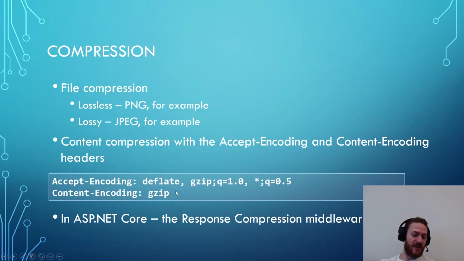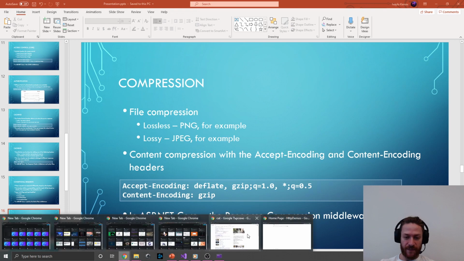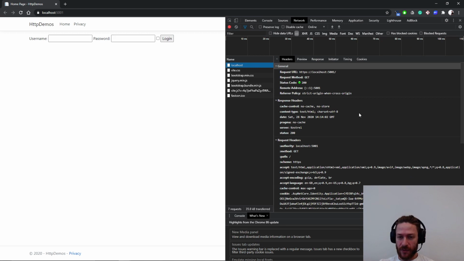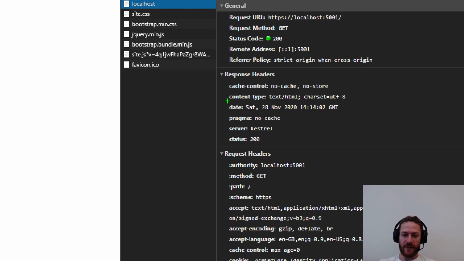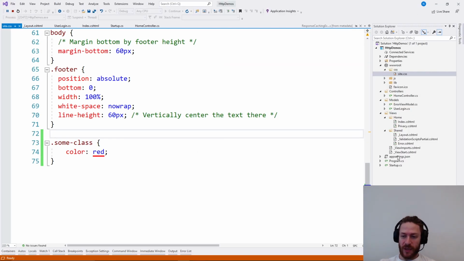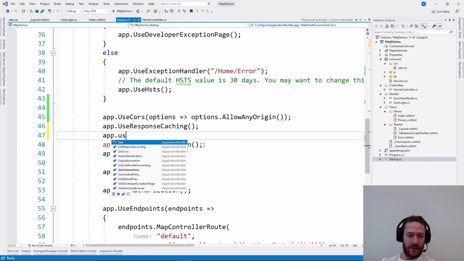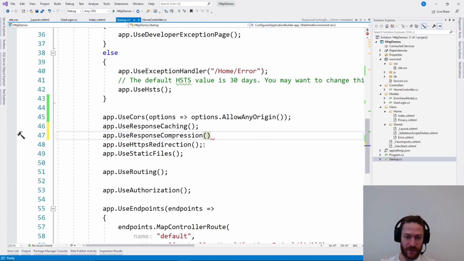To enable gzip in your application, let's check the default behavior. The default behavior on localhost, we can see that we have content type and nothing else. The browser said I accept encoding gzip, but we don't provide content encoding. And we can go to the server and we can say something like app.UseResponseCompression, like this. Of course, we can specify different providers of the compression. We can specify